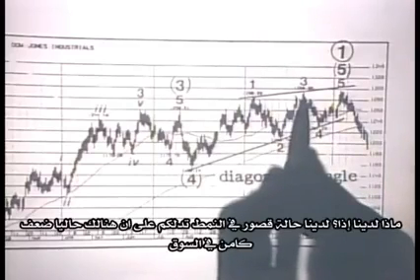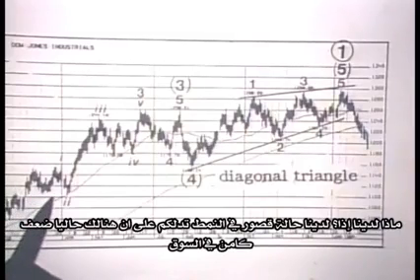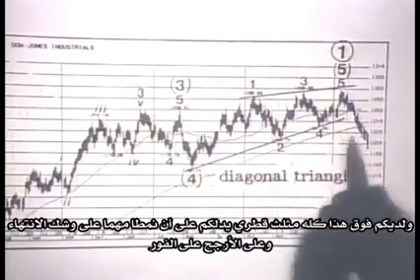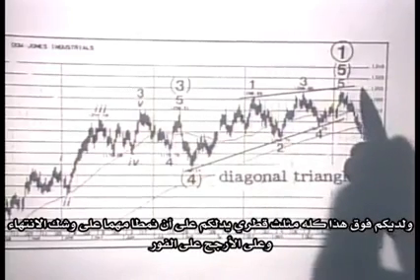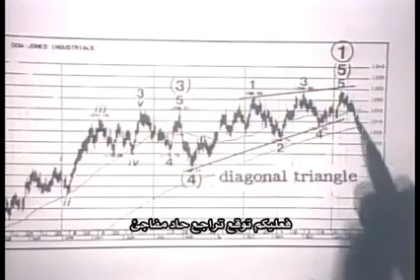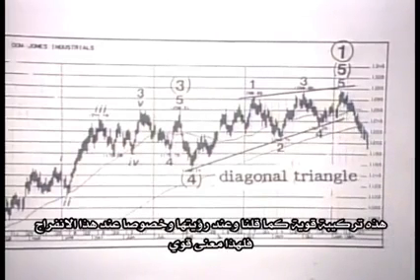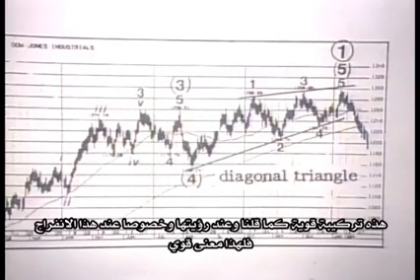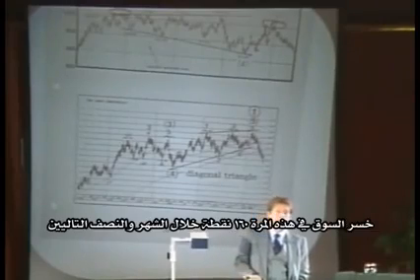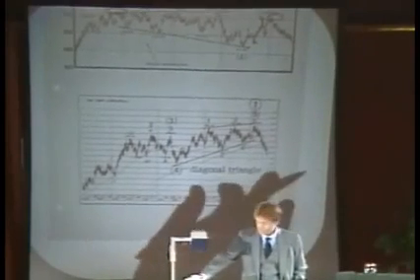So what do you have? You've got a failure within the pattern which tells you there's underlying weakness in the market already. You've also got on top of that a diagonal triangle which tells you that an important pattern is ending. It is probably ending now, and you can expect to see a sharp, dramatic reversal. This is a very powerful combination, and when you see something like this, especially at this degree, it carries a very important message. The market lost 160 points over the next month and a half in this case.